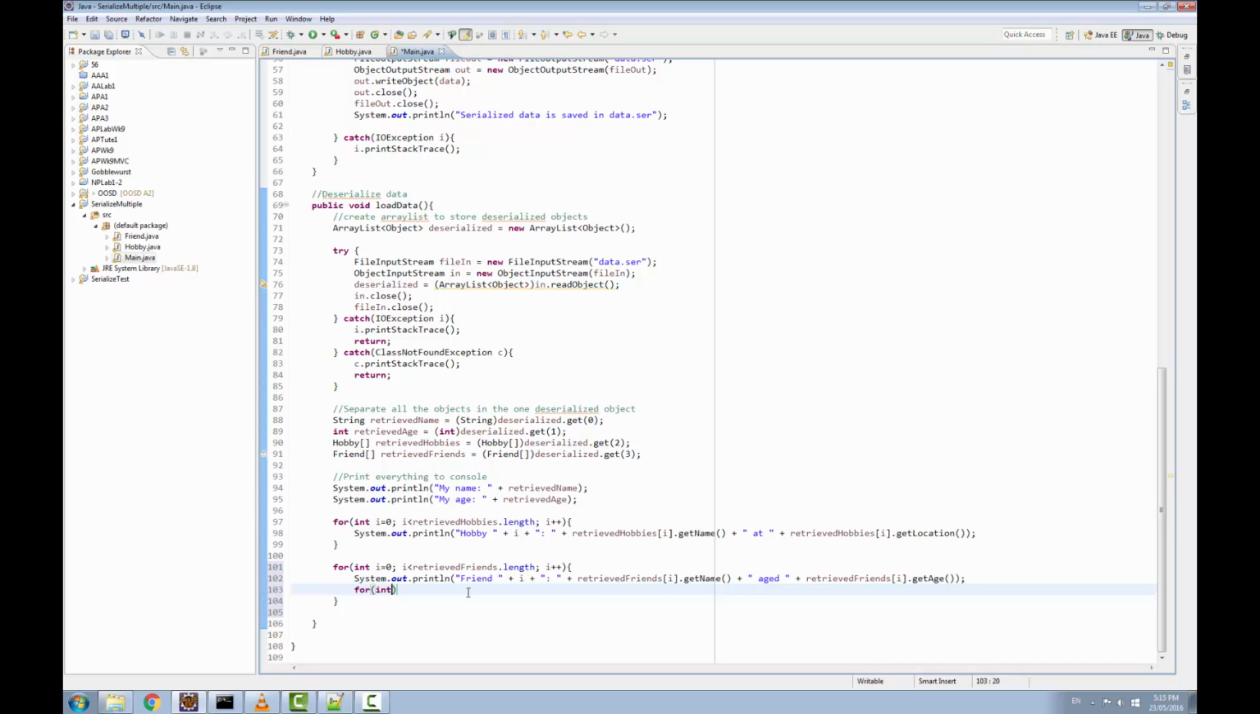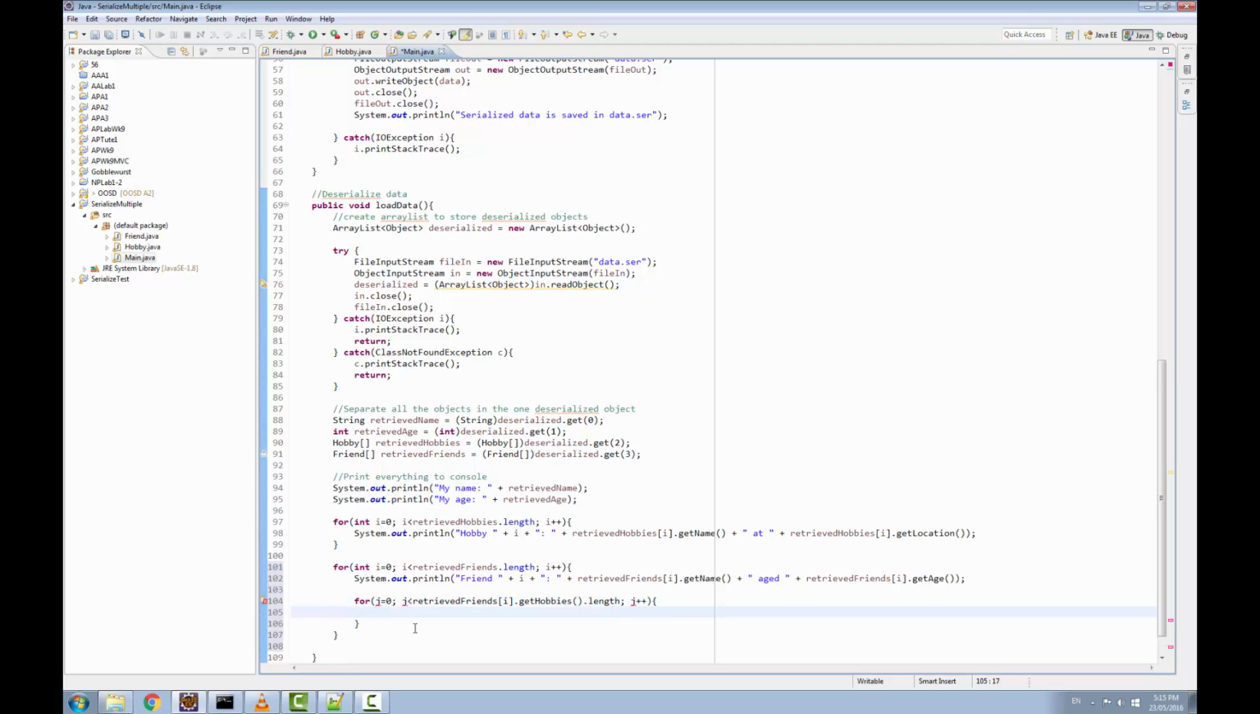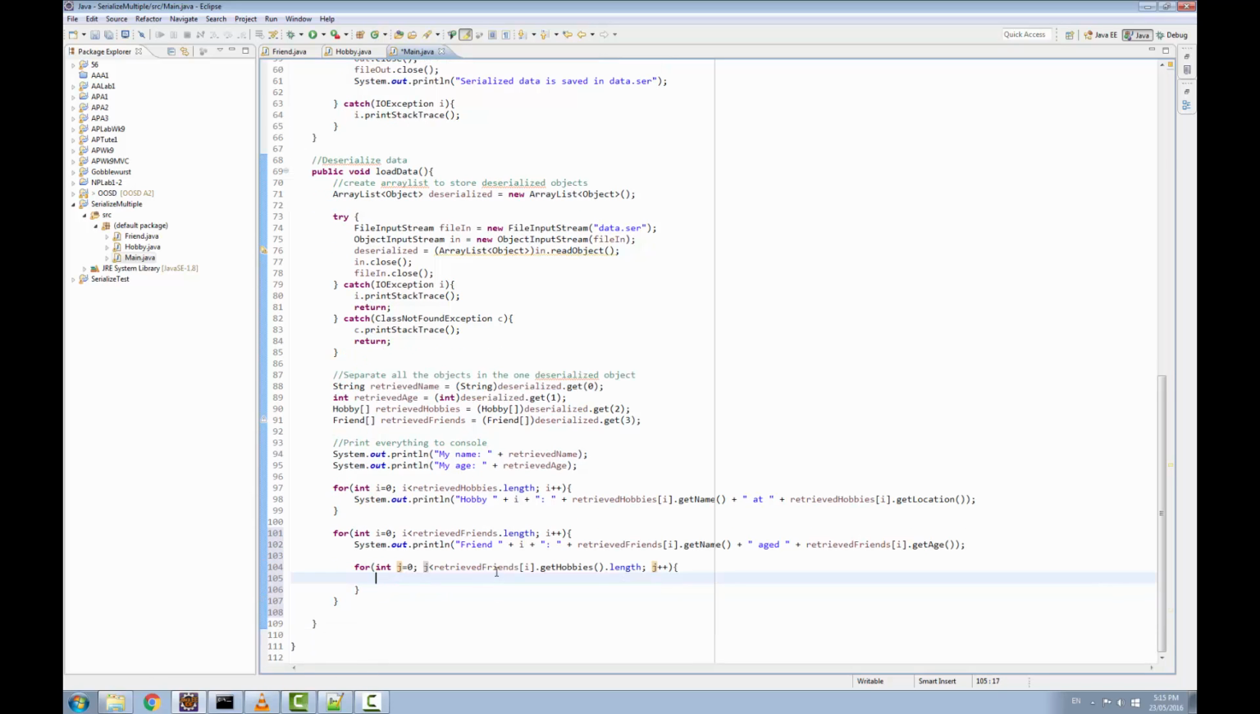And now we're going to print out that friend's hobbies. So we make a new for loop. We start a new line. int j = 0; j < retrievedFriends at position i dot getHobbies dot length; j++. So that's a little bit long, but this is just saying, oops, I forgot to put int here. This loop is to get the length of the hobbies array of that particular friend, at position i,